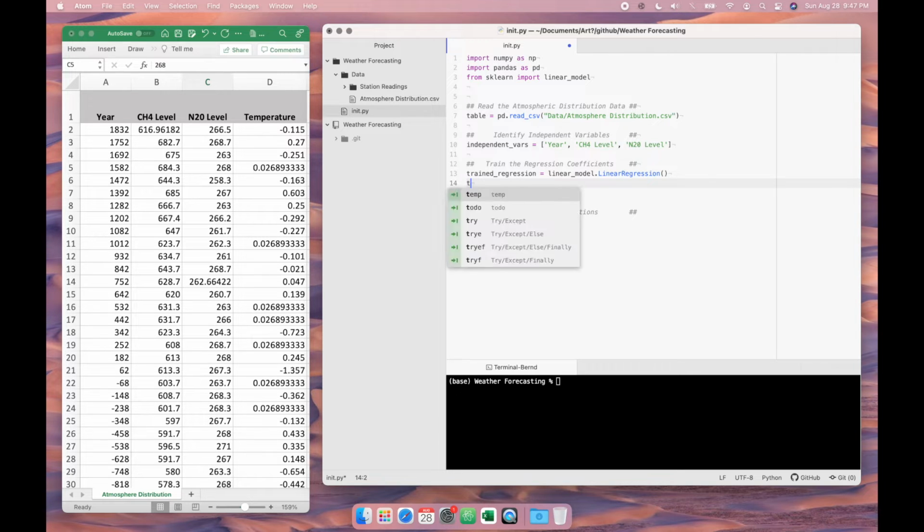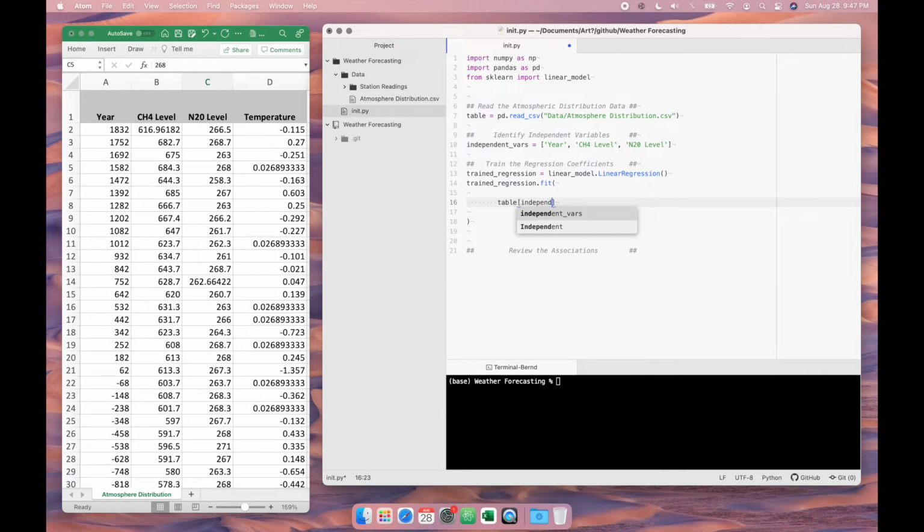And since we already have the variables identified, we will just need to fit this linear regression onto our data. So how that is done is we simply define all of the independent variables here, and we define the expected outcome variable